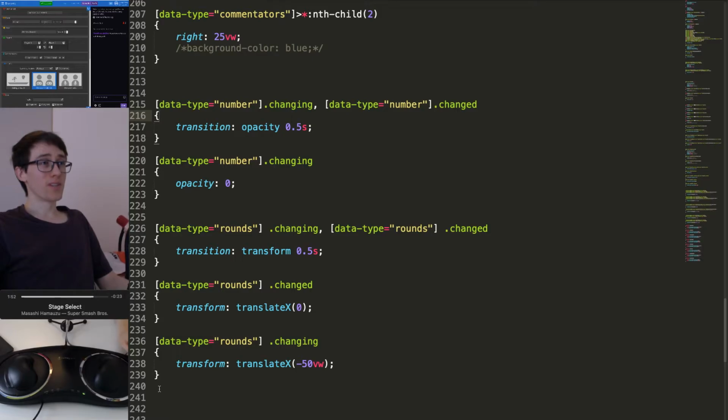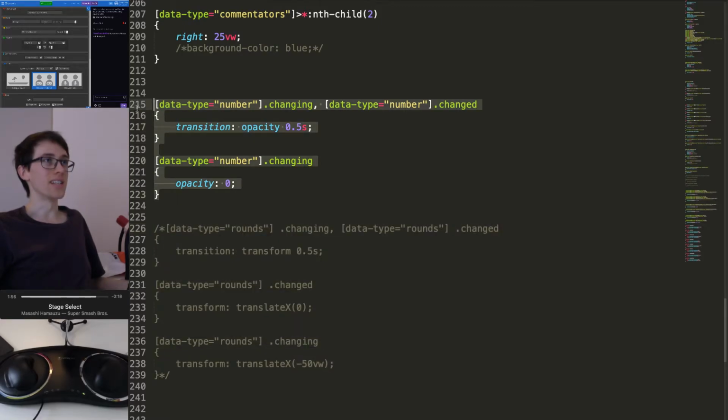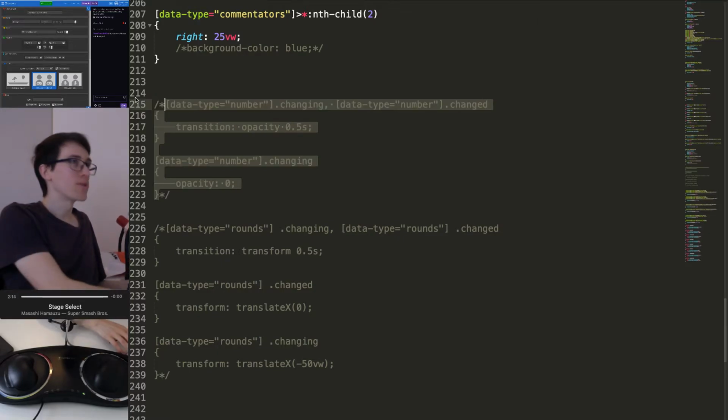So at the moment I'm just gonna comment out this data transition until I actually get to the point where I want to make specific transitions for specific data types, which will be later down the track in making this layout. So I'm also gonna get rid of this for the moment